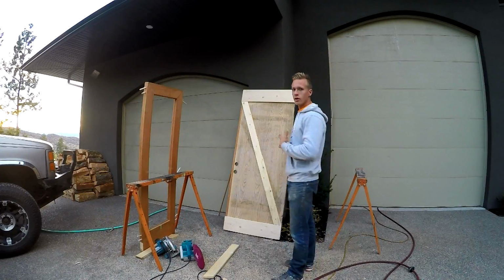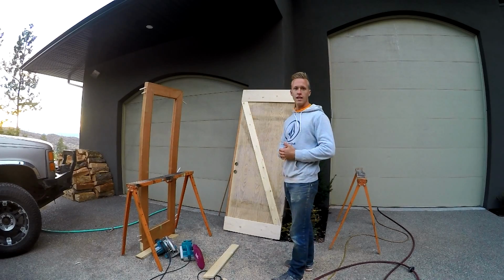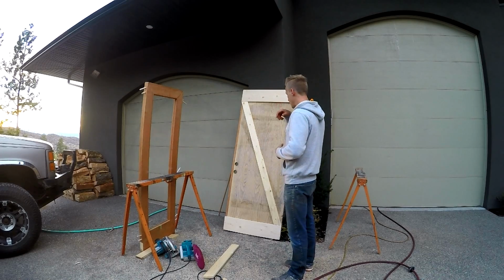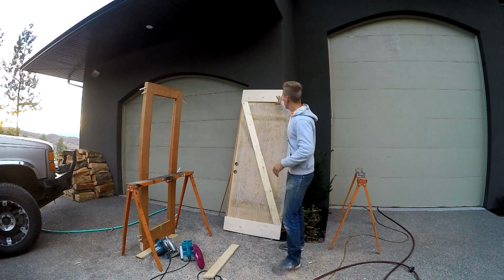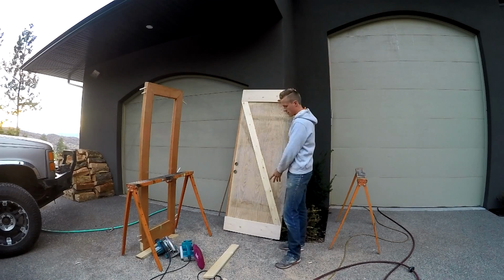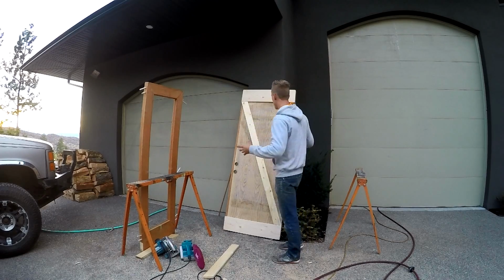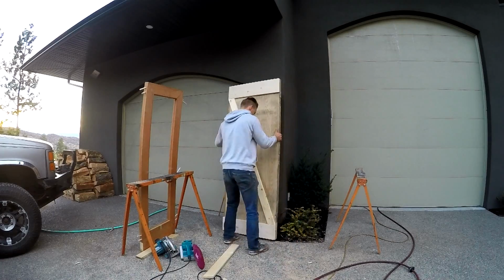Alright, so this is the door kind of all put together, pieces on. It looks alright. I was kind of worried about how it turned out. Again, these guys top and bottom, I got a lot of glue in there, nice to hold it all together. The back side, you can see,